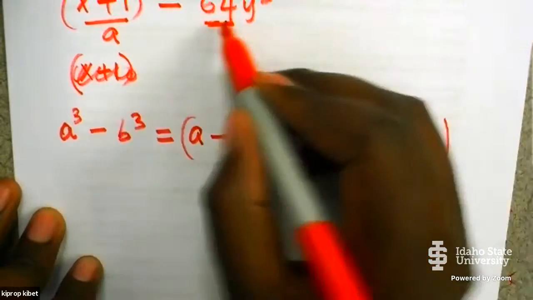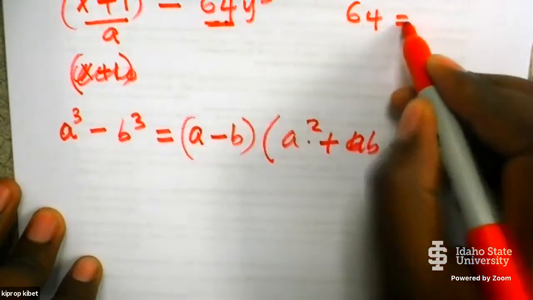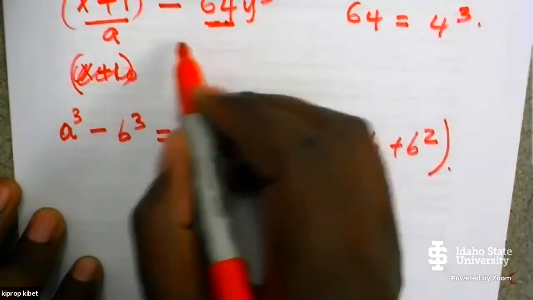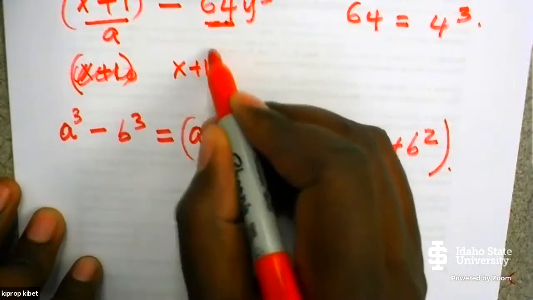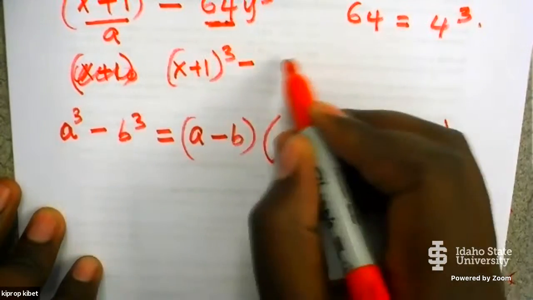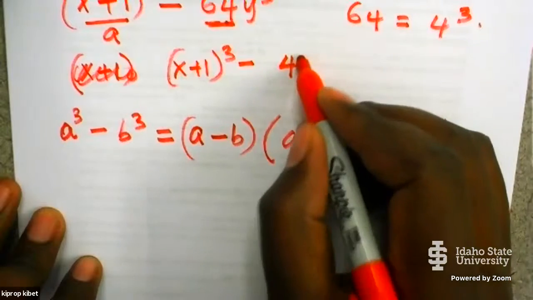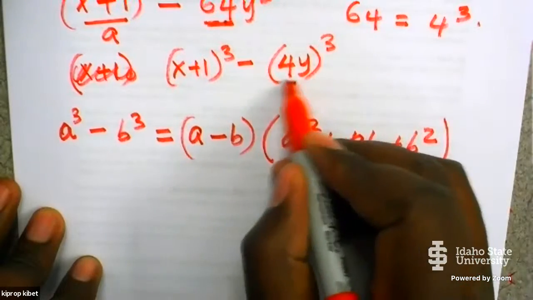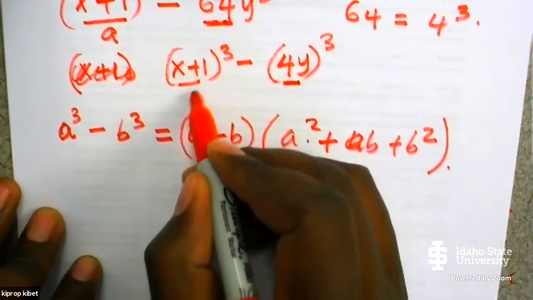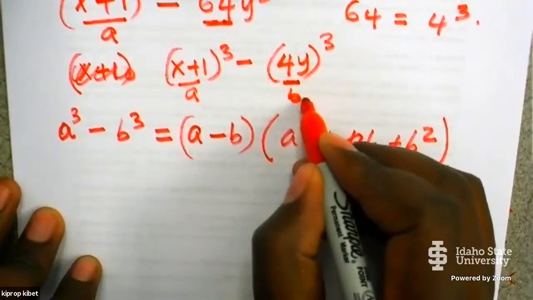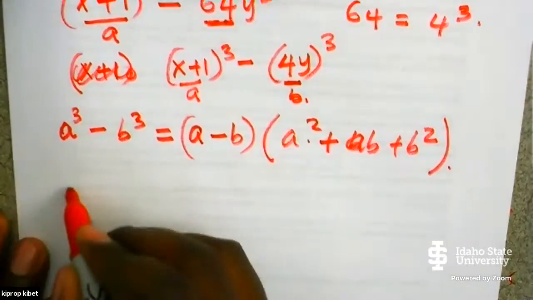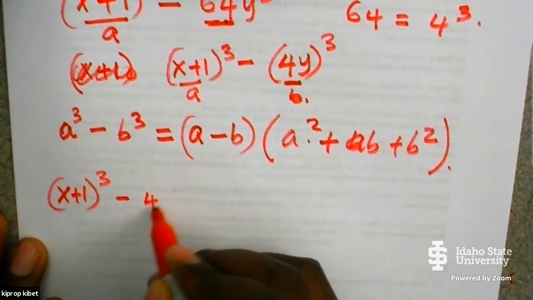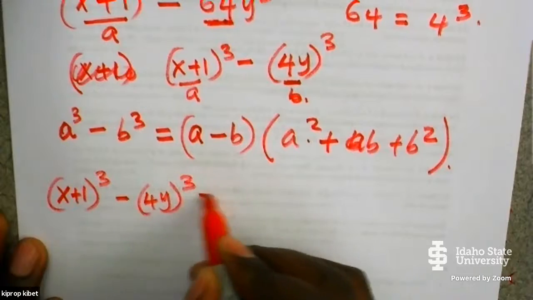So this is 64, which is the same as 4 cubed, right? So basically, this is x plus 1 cubed minus 4y cubed. So here, this one is a, and this is b. So x plus 1 cubed minus 4y cubed equals to